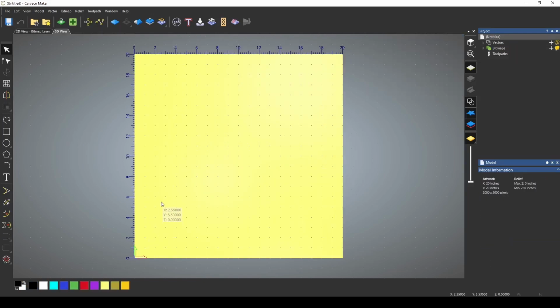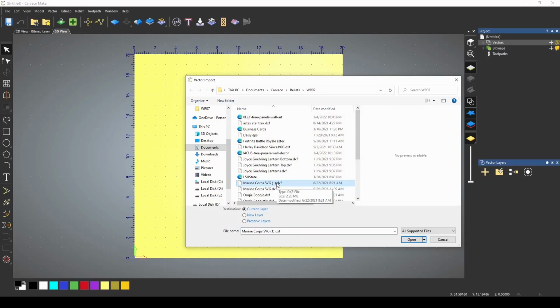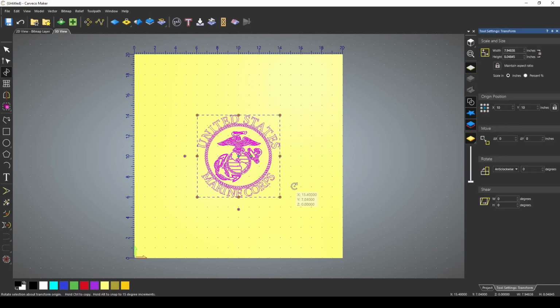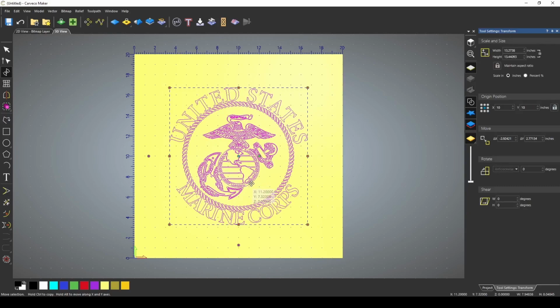The next thing I wanted to show you guys was how to import a vector. If we come back over here to vectors and we press import, we can select a vector to import. When the file opens, it's going to ask you if this file is in millimeters or inches and which unit to open it up in. It's going to automatically try to rejoin vectors. You can unselect that and leave any open vectors that it may have. And you also can change a tolerance. Again, the lower the tolerance, the closer it's going to follow the original path. When we press OK, it's going to import our SVG. We can resize this. If we press F9, it will center it for us.